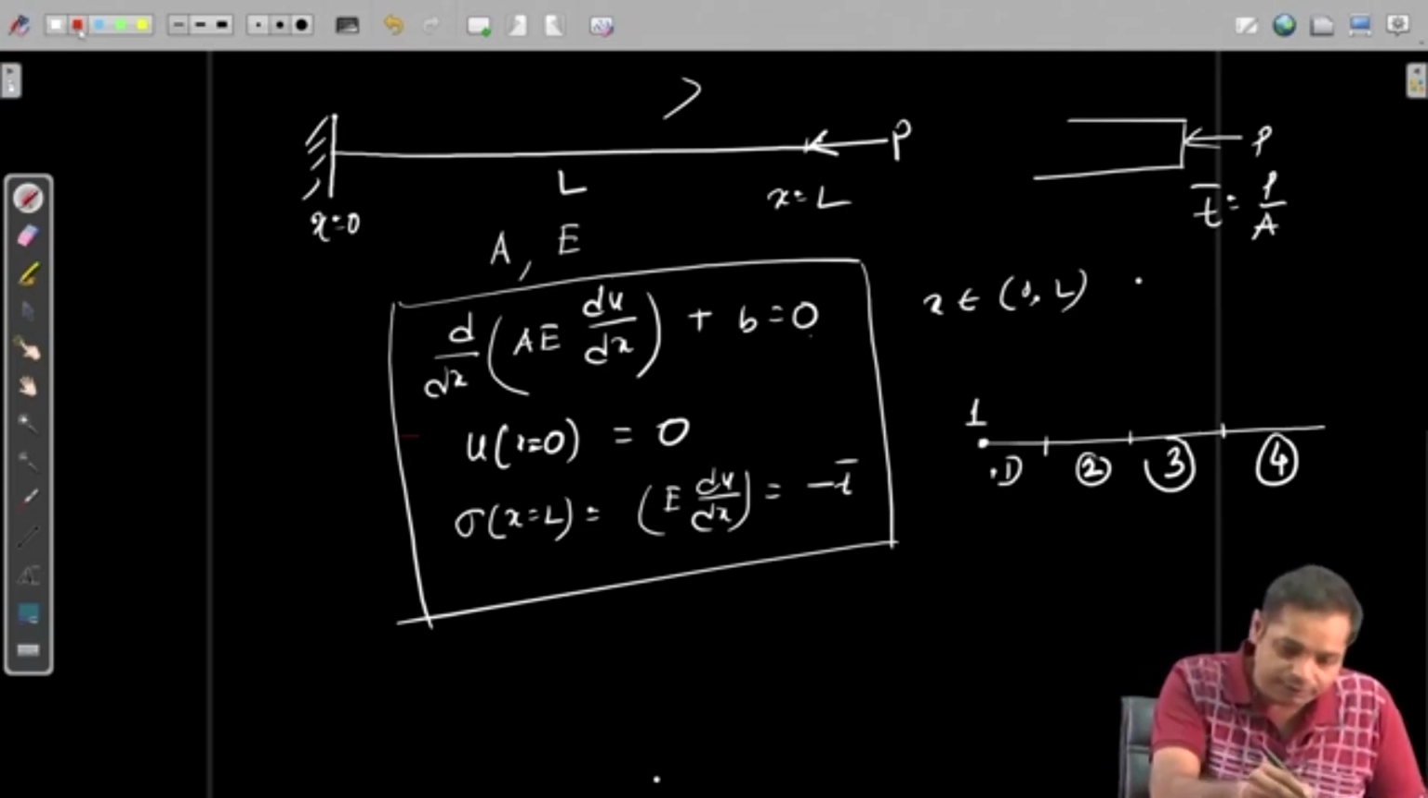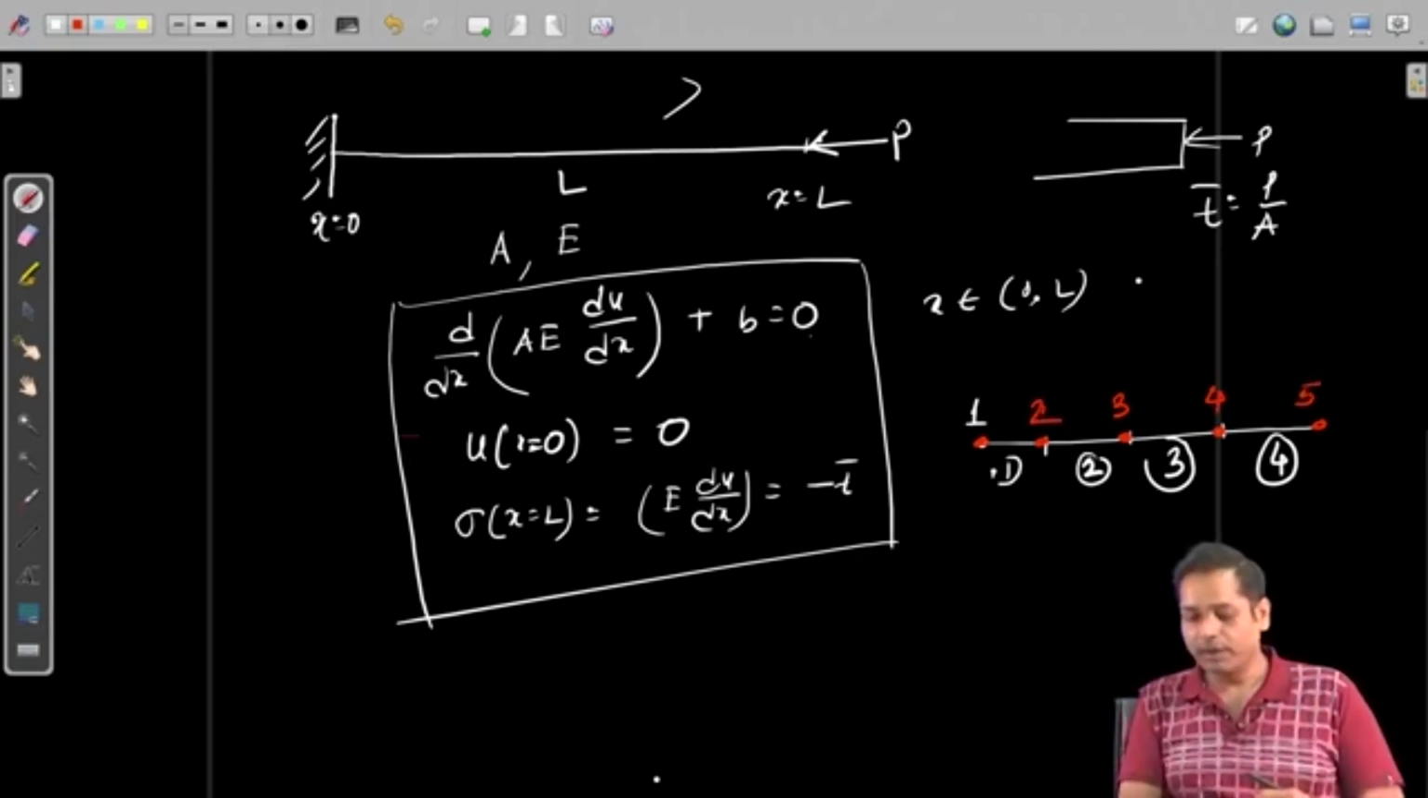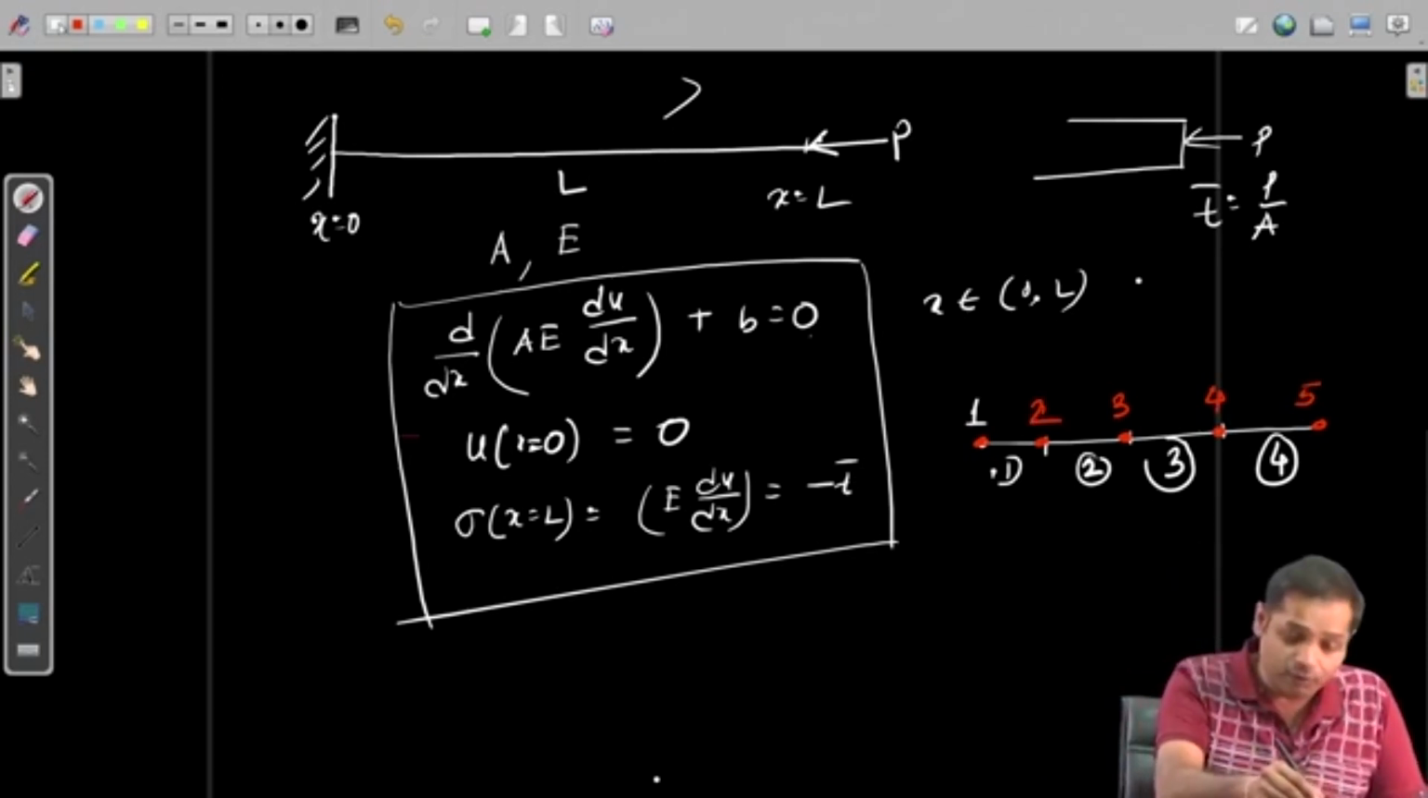Take note with different color. So these are all nodes. So this is node number 2, this is node number 3, this is node number 4, this is node number 5. Okay. So if I take element number 1,